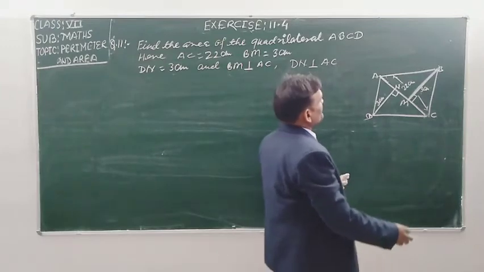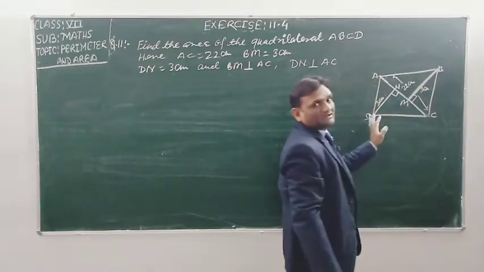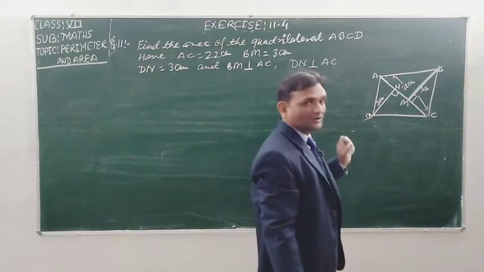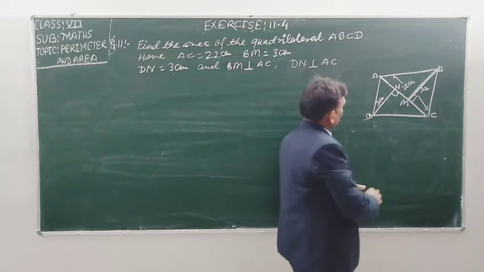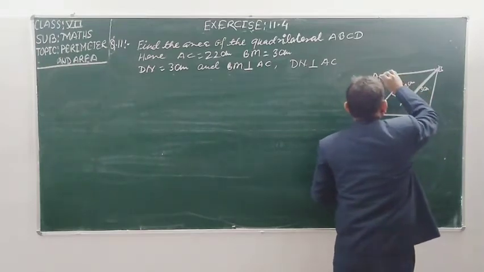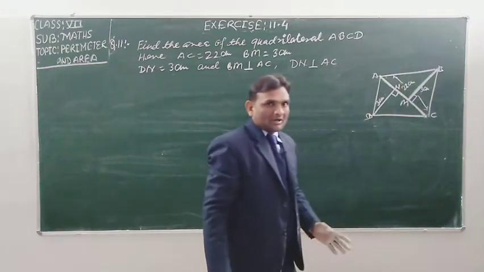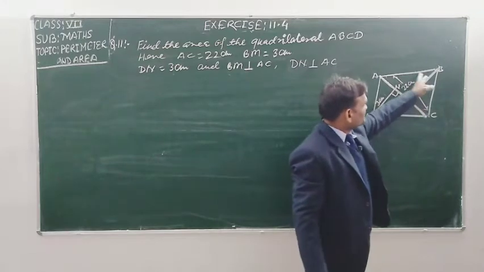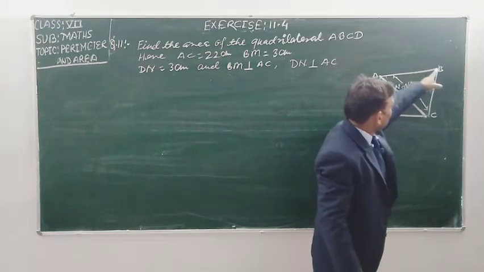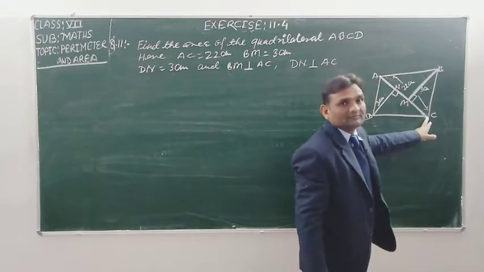So, student, how can we find out the area of the whole quadrilateral? How will you find out this whole quadrilateral? Think and use your mind, student. So, student, by this line you are seeing that your quadrilateral is divided into 2 triangles, 2 parts, and each part is in the shape of a triangle. One triangle is made here, A, B and C, and the second is A, D and C.